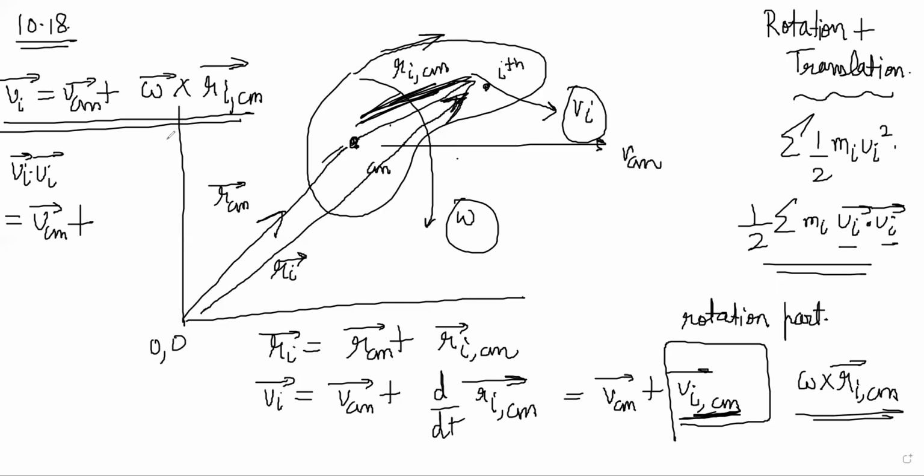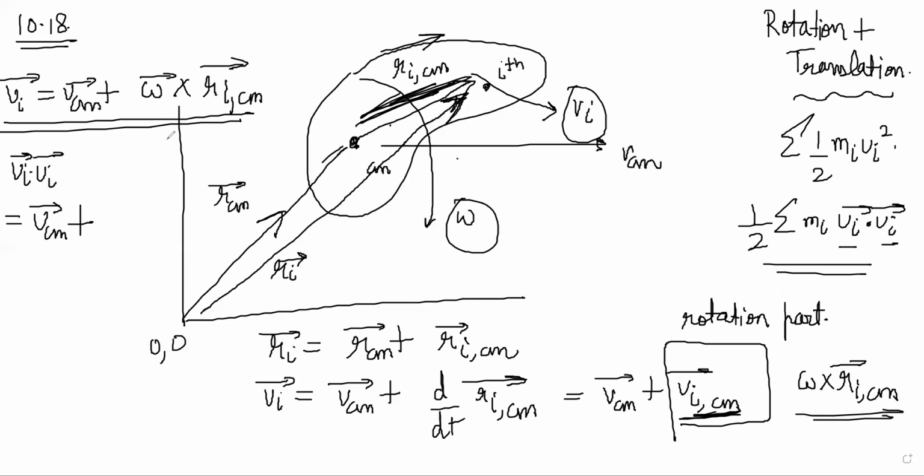The second term there, mi v naught square, will just be half capital M VCM square. So that is obvious. That is half capital M V naught square. The first term, think about it. The first term is the kinetic energy of the body in the center of mass frame. Now, in center of mass frame, the body is doing pure rotation. So that will just be half ICM omega square. You understand?